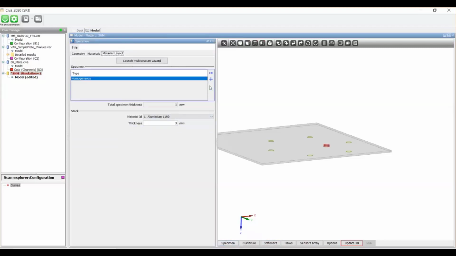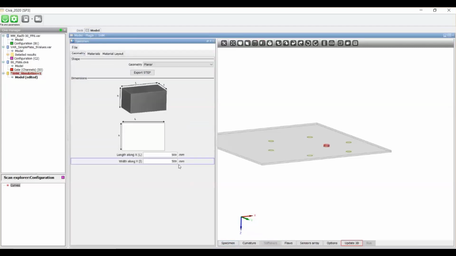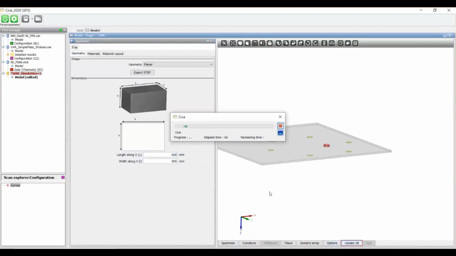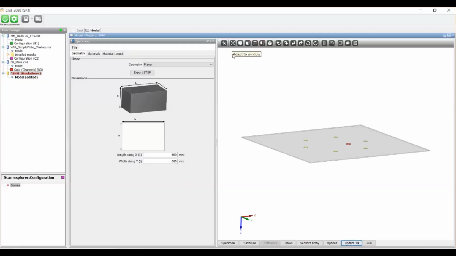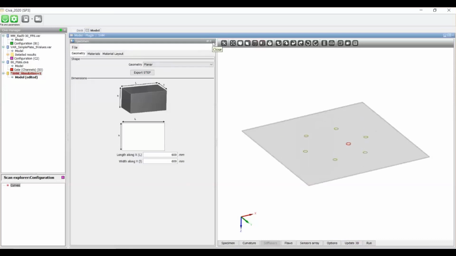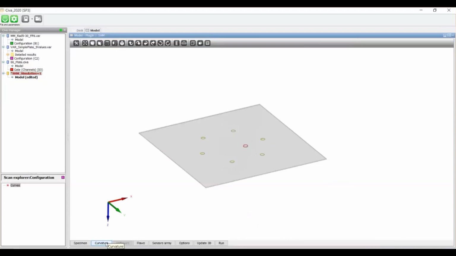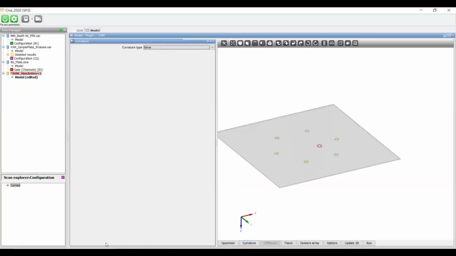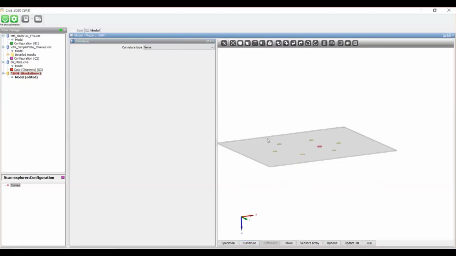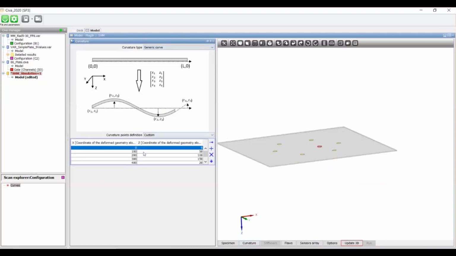Let's come back to first a homogeneous structure. Reset the initial configurations with a single layer made of aluminum. You can introduce a curvature to a panel. By default, it's flat, but you can here generate a curve. It's managed by a set of inflection points defined with XZ coordinates.